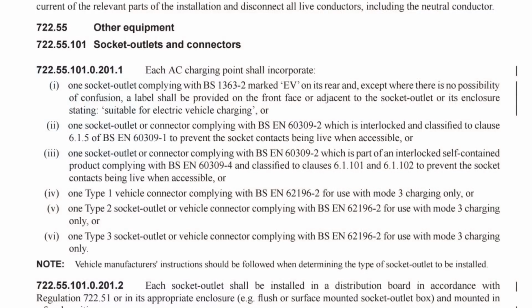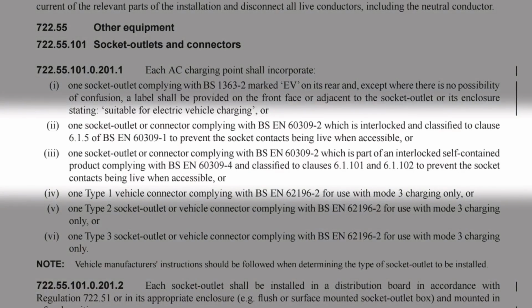Now in section 722, which relates to electric vehicle charging installations, we find an interesting situation. We've got very used to manufacturers producing dedicated charging units with all kinds of clever gadgetry for power monitoring, remote activation and energy control. However, we tend to forget about regulation 722.55.101.0.201.1, easy for me to say, which states, each AC charging point shall incorporate, indent 2, one socket outlet or connector complying with BS EN 60309-2, which is interlocked and classified to clause 6.1.5 of BS EN 60309-1 to prevent the socket contacts being live and accessible, or indent 3, one socket outlet or connector complying with BS EN 60309-2, which is part of an interlocked self-contained product complying with BS EN 60309-4 and classified to clauses 6.1.101 and 6.1.102 to prevent the socket contacts being live when accessible,